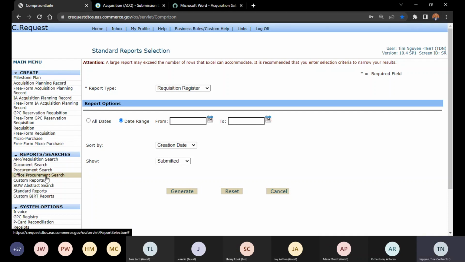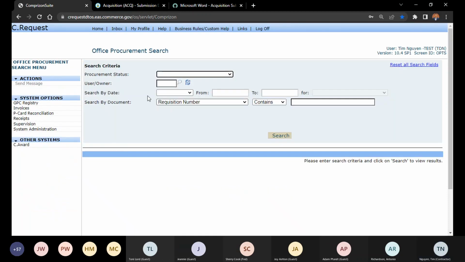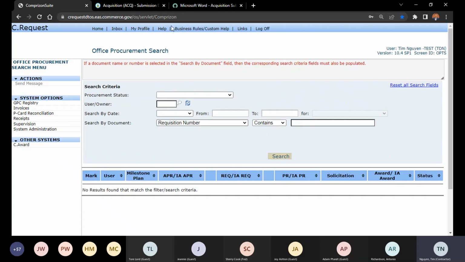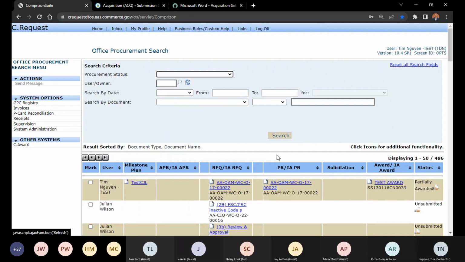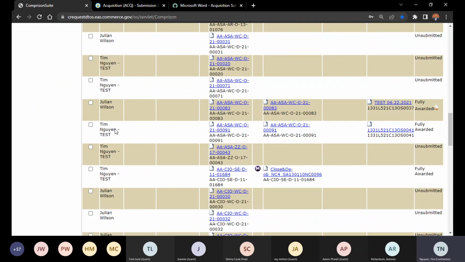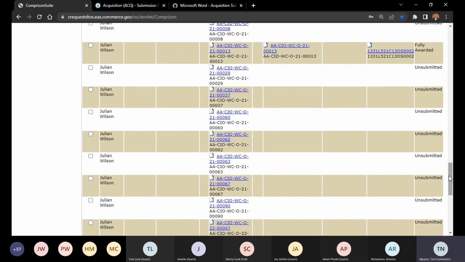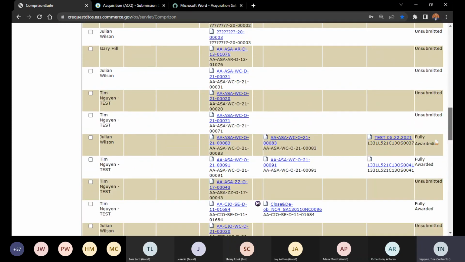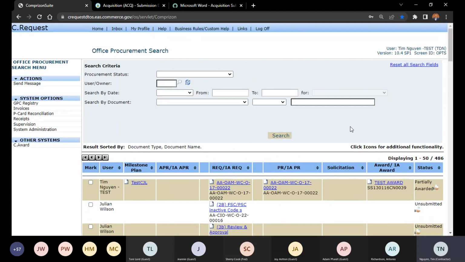Let's explore Office Procurement Search and Procurement Search. So Office Procurement Search limits you to searching for any requisition that was created within your own office. For example, if I leave this blank, these are all requisitions that were only created by users within my own office. Obviously in the test environment, it's just me and Julian. But if you were in, for example,